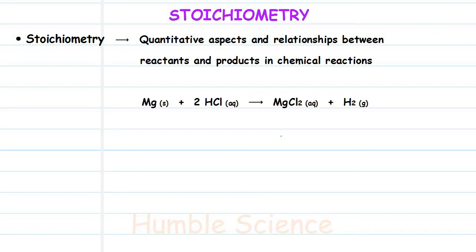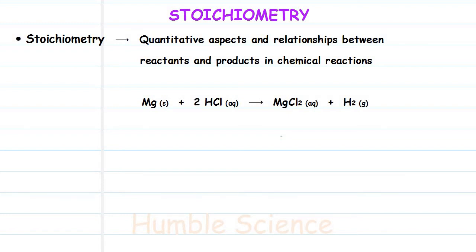For example, in a chemical reaction between magnesium metal and hydrochloric acid to produce magnesium chloride salt and hydrogen gas. Using stoichiometry, we can figure out how much magnesium metal is needed to produce a certain amount of hydrogen gas. And also the other way around, we can figure out how much hydrogen gas can be produced from a certain